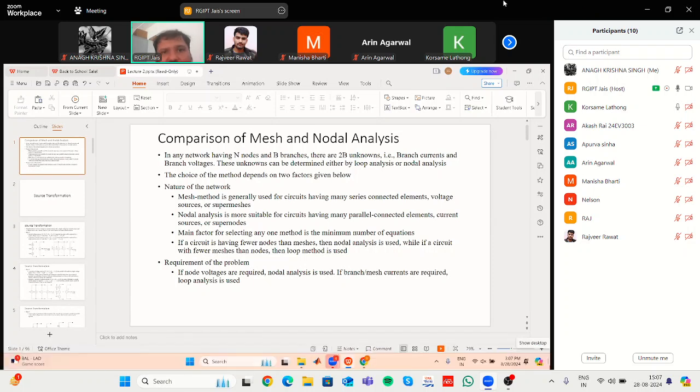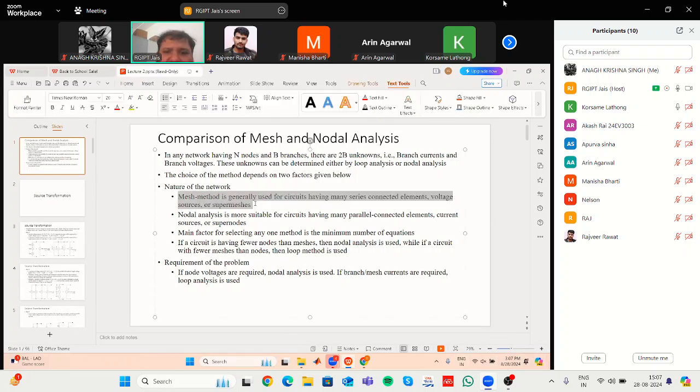There is no hard and fast rule. If a circuit was suited for mesh analysis and you apply nodal analysis, then the number of equations will increase, but you can still get the correct answer. Just see this first point: mesh analysis is generally used for circuits having many series connected elements. If in a circuit you see that a number of elements are connected in series, by series connection I mean